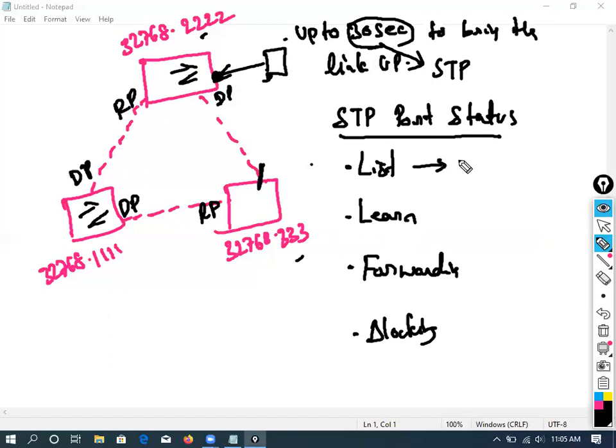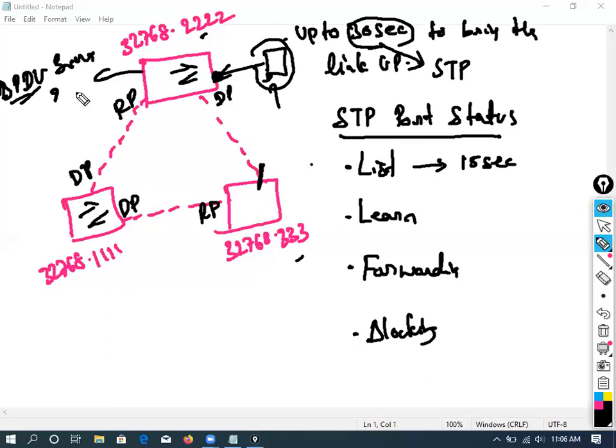Now, whenever you plug any device into a switch port, it's going to take up to 15 seconds. For the first 15 seconds, it will just listen to that port. What does that mean? Let's say I plugged in a device over here. For the first 15 seconds, it'll just listen and not do anything. What device did we connect there? A computer, a switch, a router, an IP phone or a CCTV camera? It's going to listen to that first of all. All the devices have their own behavior, right? As I told, a switch has its own behavior. A switch will send a BPDU every 2 seconds, right?